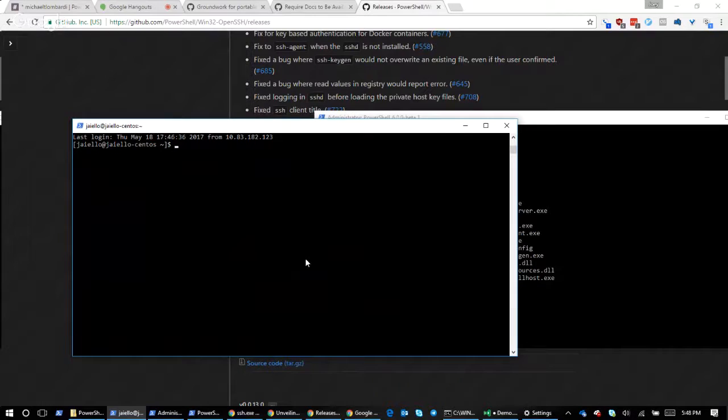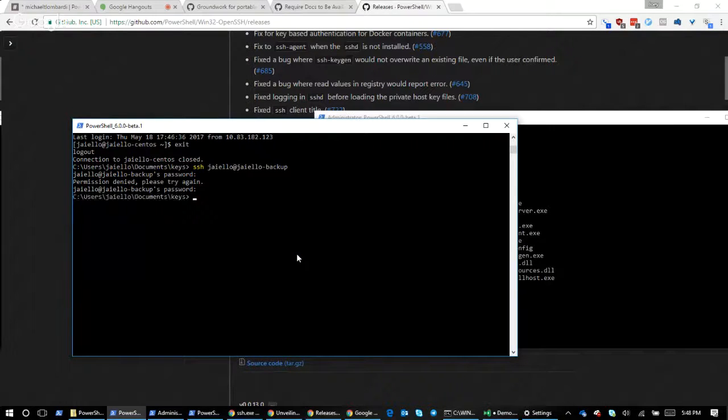This is all true on Windows. So I've got another box. It's running SSHD. It's called Joey Aiello Backup. And this thing also does not have my authorized keys file, apparently. So I need, I know why. Because this guy also does have my authorized keys. It's a domain account, right? This is my domain joined workstation, right? So there's 3 ways that I can specify this is a domain account.